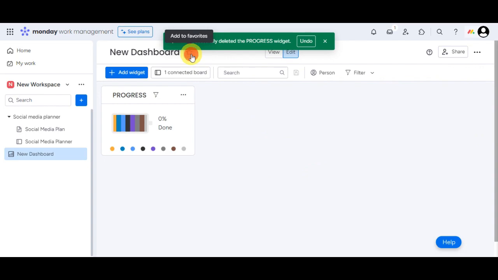So you'll just need to simply click on add to favorite so that you can see this in your favorites. Here on the right side, you have the dashboard's help if you still have any confusions, and you could share this with your different team members. Click on share and you'll have the option to share it with your dashboard members,